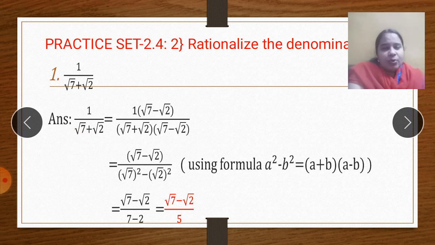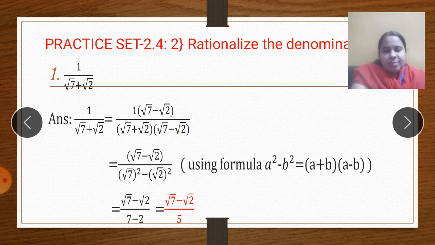Just now I told you, if it is a binomial surd, it can be rationalized if I multiply the binomial surd in the denominator with its conjugate pair. Now what is the conjugate of root 7 plus root 2? Conjugate should be exactly the same numbers, root 7 and root 2, but now plus was given, so this will be with a minus sign. So our first step is, we are not changing any value. Why? Because we are multiplying both numerator and denominator with the conjugate pair. Yes, I am rationalizing the denominator.